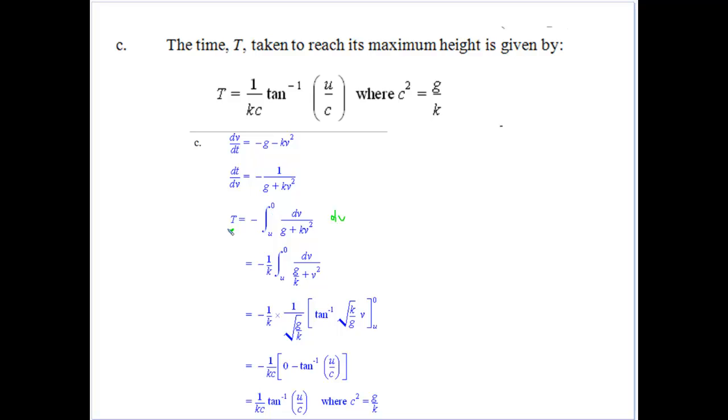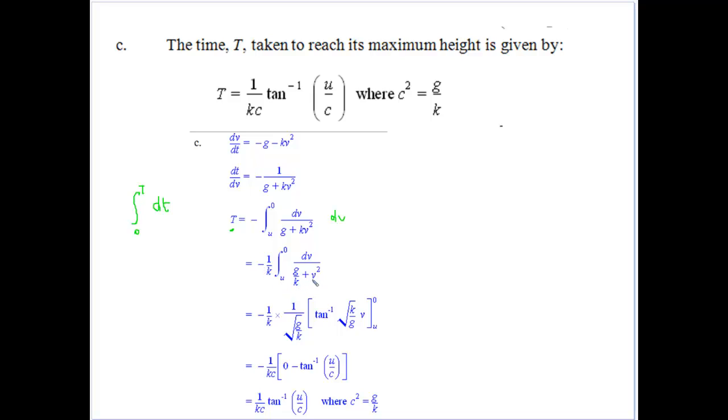That's where our value of t comes in, because technically we've integrated the t between time 0 and time t. So that can be integrated, get t minus 0 gives us the t. So integrating this one and doing a little bit of manipulation, we get the minus 1 on k